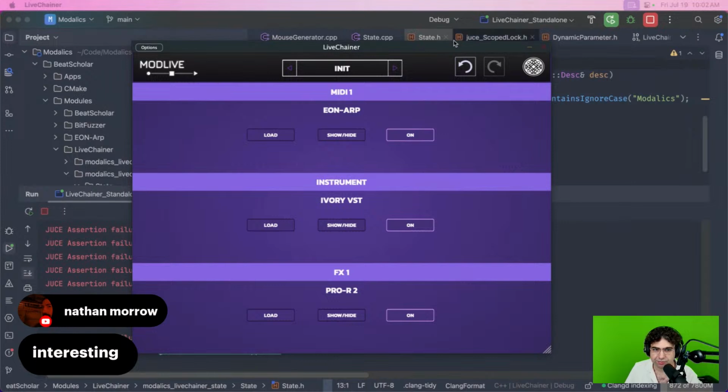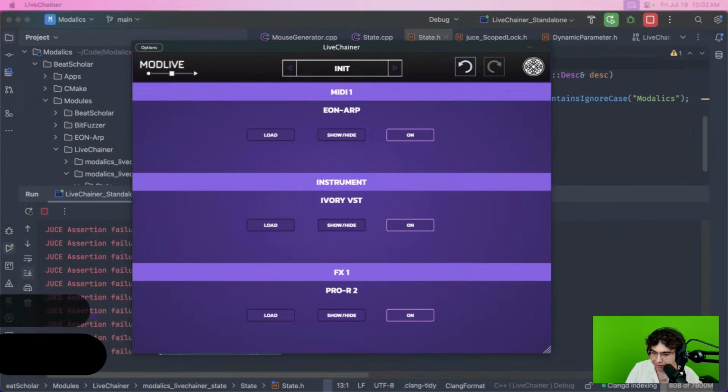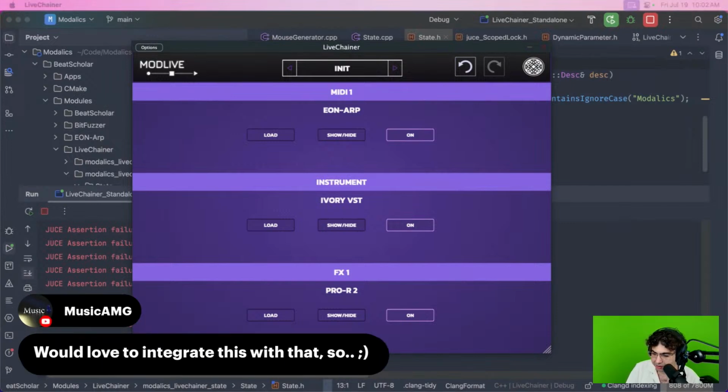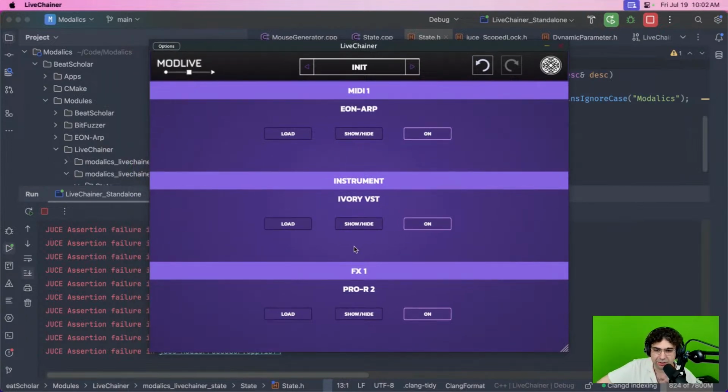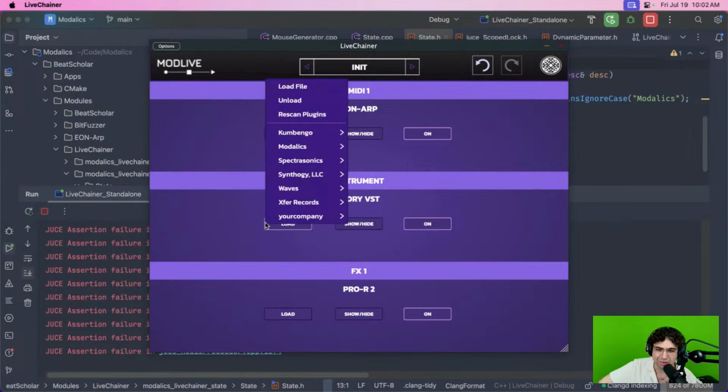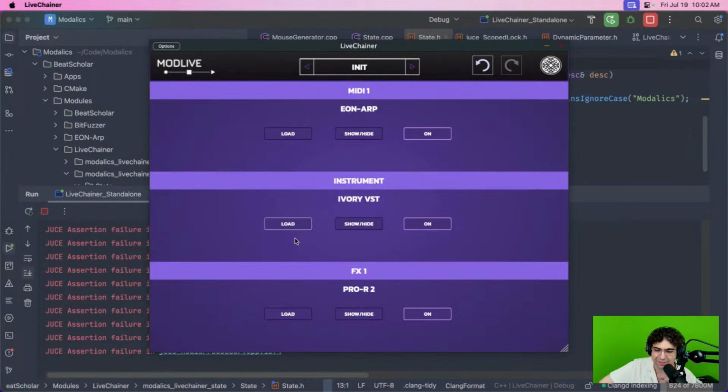Okay. So let's see what's going to happen. The first thing I need to do is unload this Ivory, because I would love to integrate this with that. So one of the things I need to do is remove Ivory. The reason why I need to remove Ivory is, as much as I like that plugin and it sounds great,